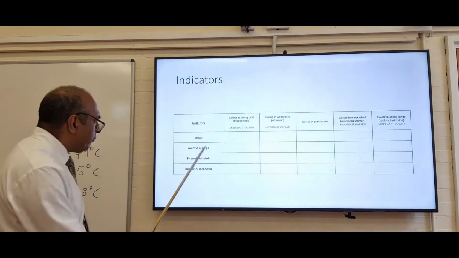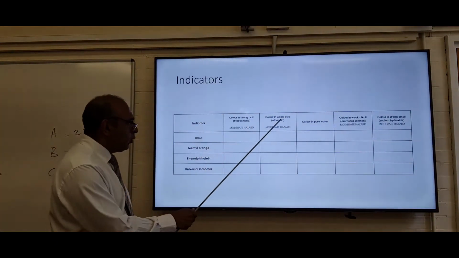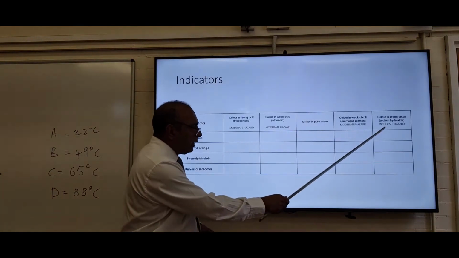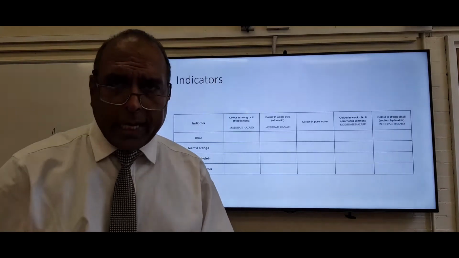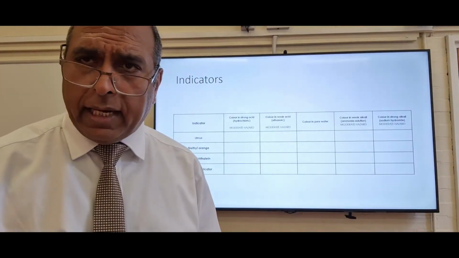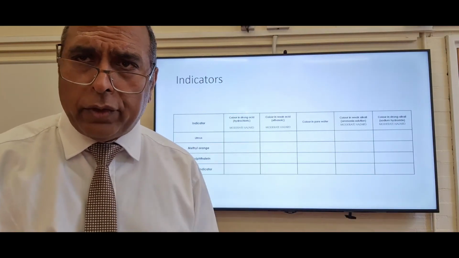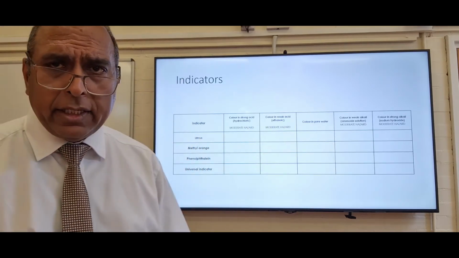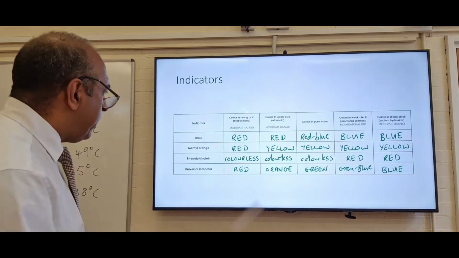Now, here I've got the 4 indicators: strong acid, weak acid, water, weak alkali, strong alkali. What colours would we get? Practice filling that table in. You need to know these colours. And if you look at the last slide and then fill this in, you will see that they are the